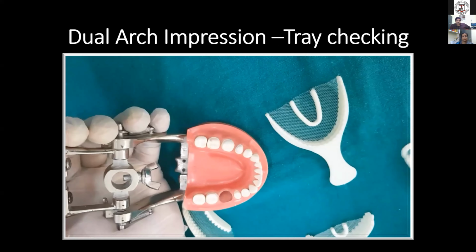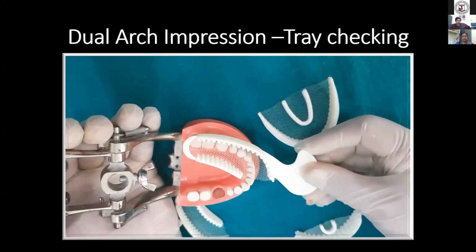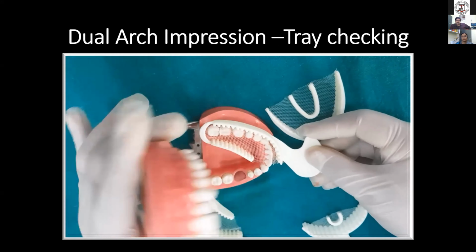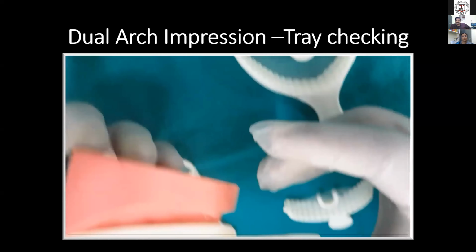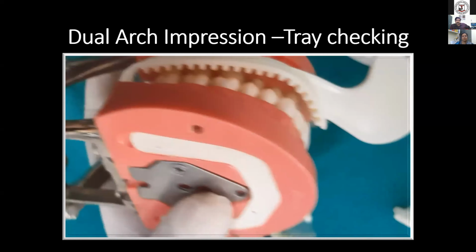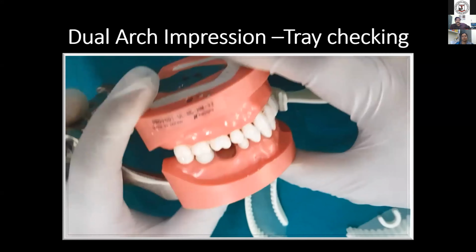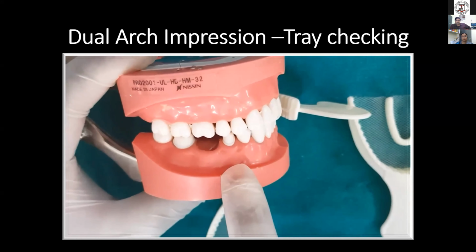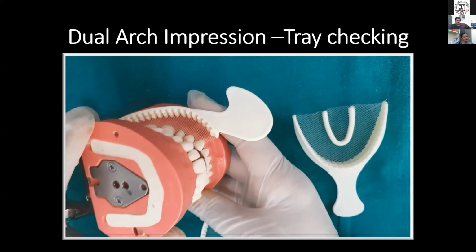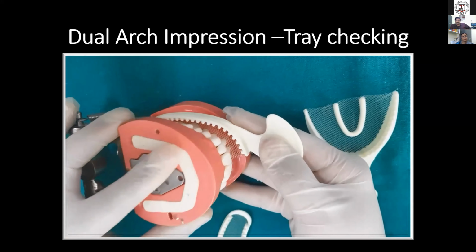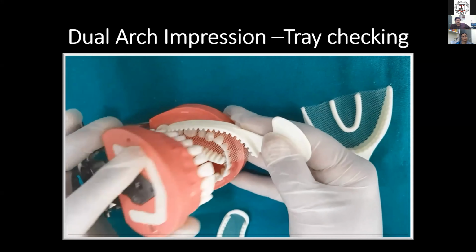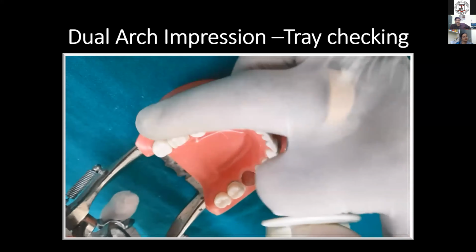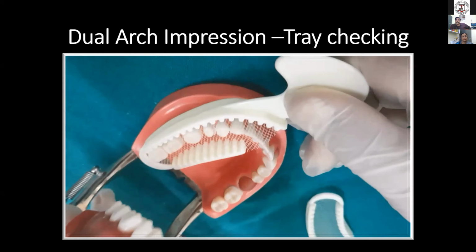The dual arch tray has to be positioned and occlusion has to be verified. The rim of the tray has to be placed distal to the distalmost tooth and the patient has to bite in centric occlusion. The centric occlusion has to be verified by checking the occlusion on the contralateral side. Ask the patient to bite in centric occlusion repeatedly to familiarize with closing in centric. Any interference in occlusion will result in incomplete closure and the impression has to be discarded.